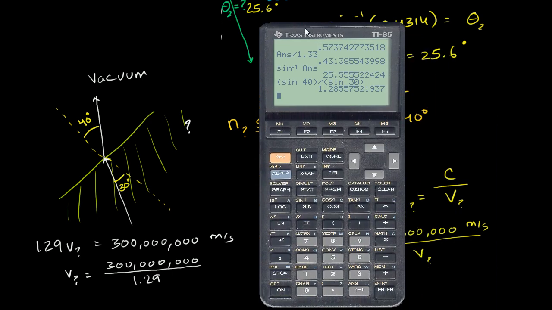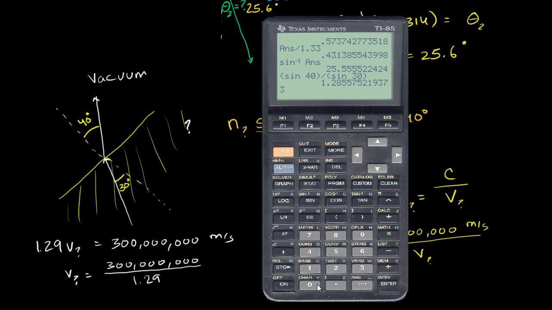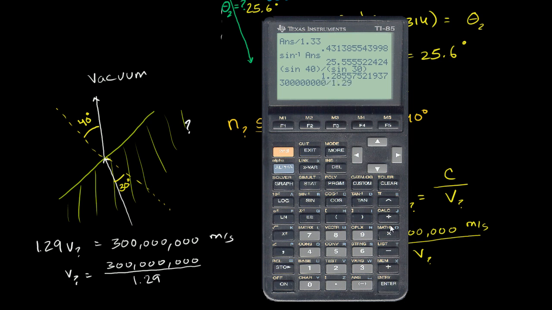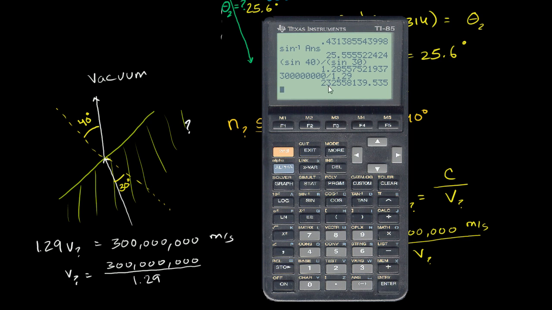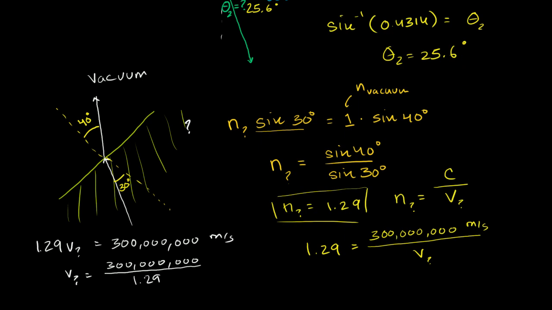So in this material, that's 300 million divided by 1.29. Light will travel a super slow 232 million meters per second. So this is approximately, just to round off, 232 million